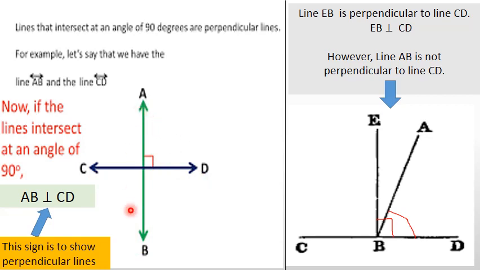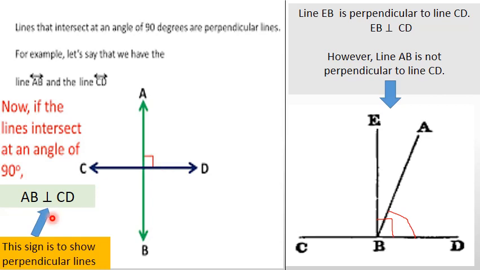Now when these two lines are meeting at a point, they are intersecting. Intersect means they are meeting. When they are meeting at a point and a 90 degree angle forms, you can see this is a straight horizontal and vertical. But it's not necessary that a straight horizontal and straight vertical always form 90 degrees, as I told you before. You can see that these two lines are intersecting and they are forming a right angle. So that means line AB is perpendicular to line CD.